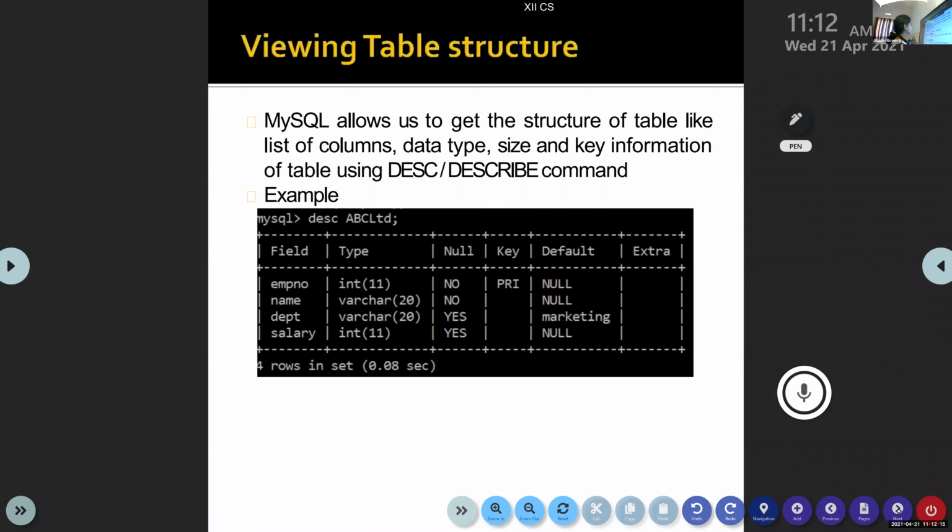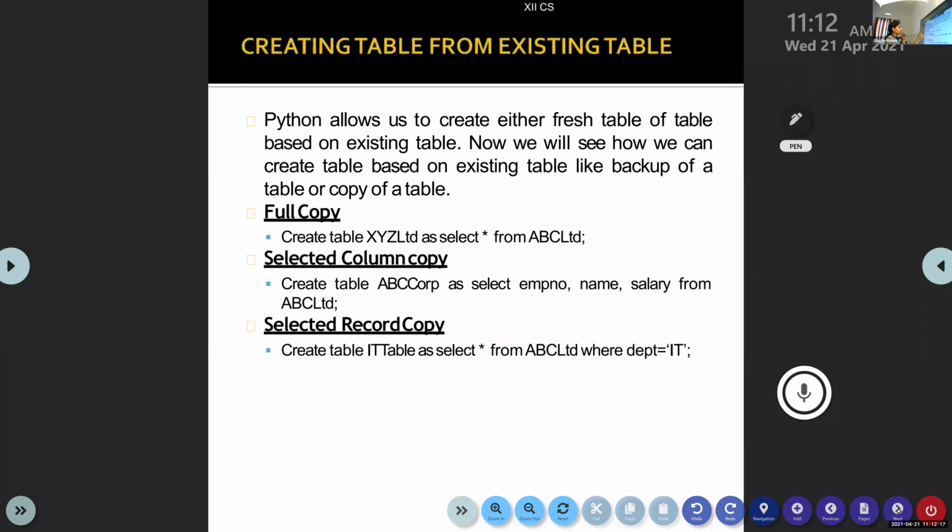The first one is same copying everything. So this is an old table ABC Limited. This is a new table XYZ Limited. If you write create table XYZ Limited as select star from ABC Limited, then what happens?